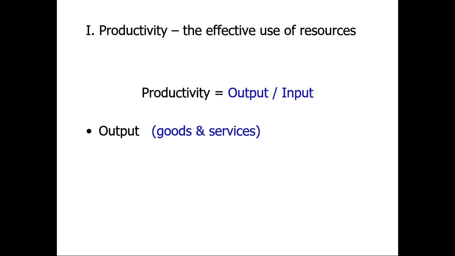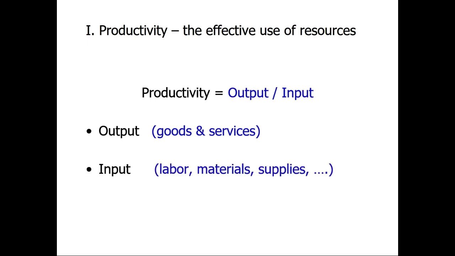Output can be any goods or service. So if we're building cars, we certainly can say how many cars we produce per day. We could say how many haircuts we do, how many tax returns we complete, how many claims we process, how many accounts we review, how many phone calls we take. So what is a relative and an important measure in your organization? Customers served, products produced, and so it's incumbent upon the organization to decide what they want to be productive in.